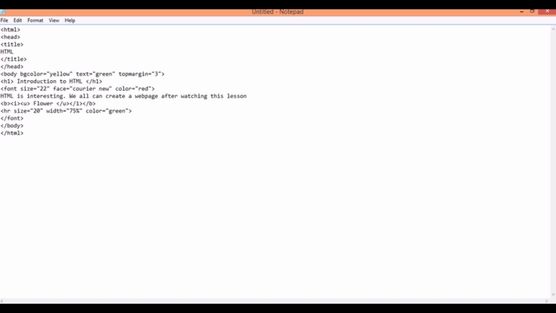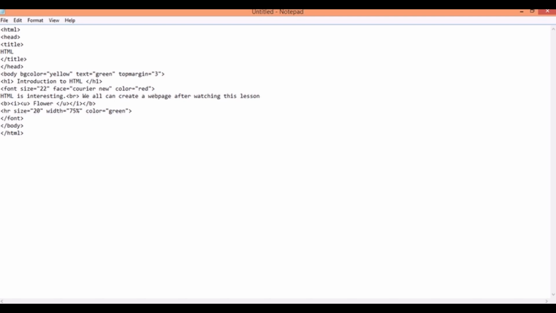The next tag which I would like to show you is the BR tag. What does BR stand for? BR stands for break. So if I want to write text or sentences in different lines, we are going to add BR after every line, which is going to show you the sentences in different lines.